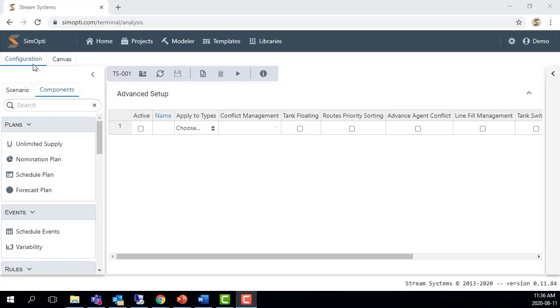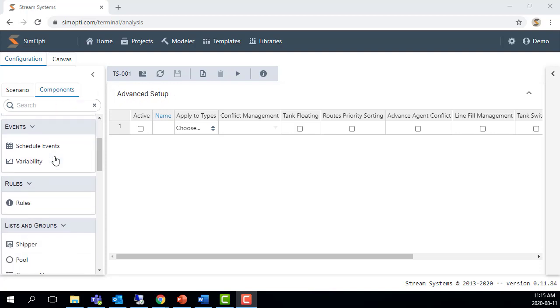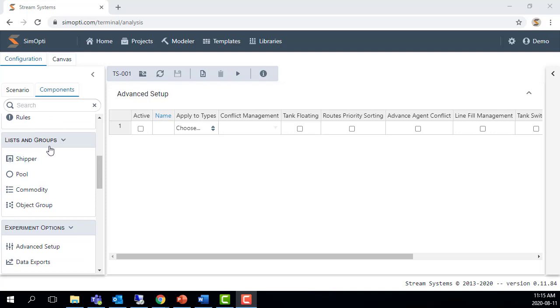Tabular data for the model is entered from the configuration environment. By default, the advanced setup table is displayed, but for this lesson, we'll be focusing on the lists and groups accordion. So first, we will start with the shipper,